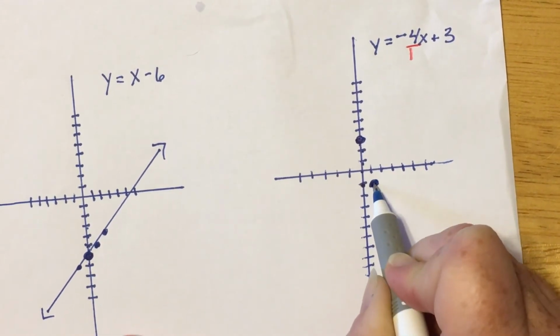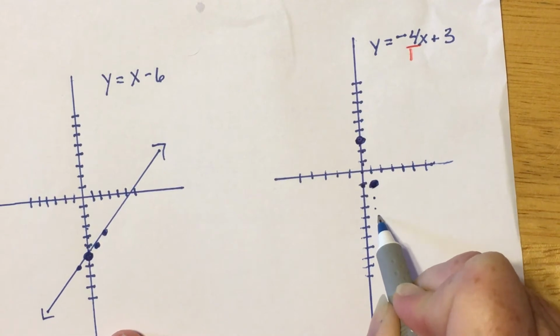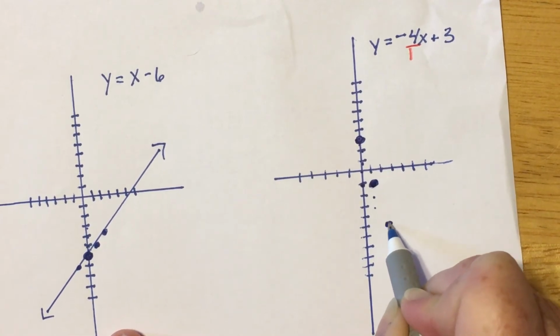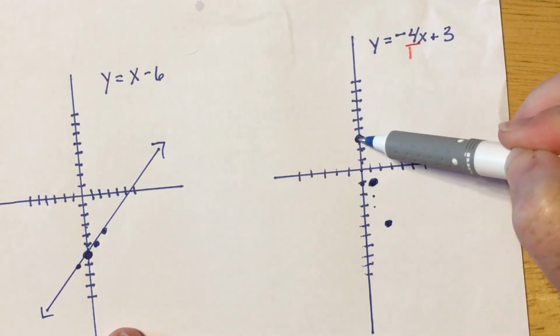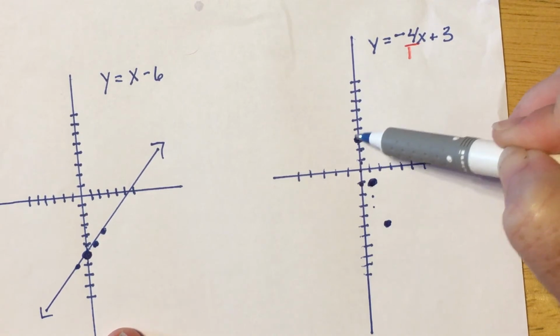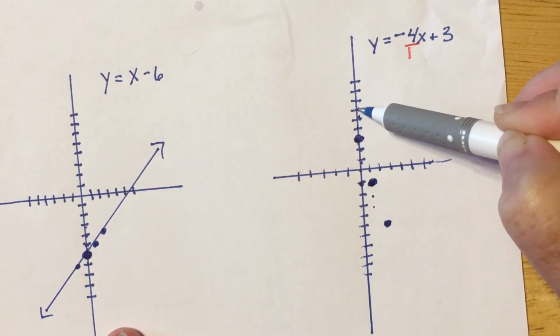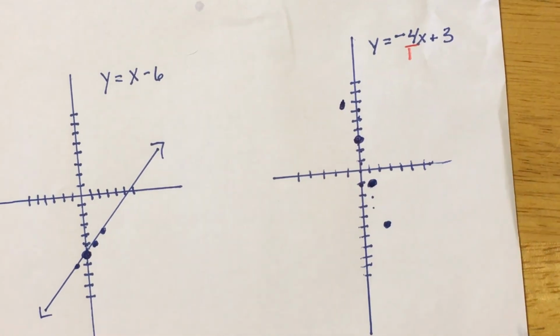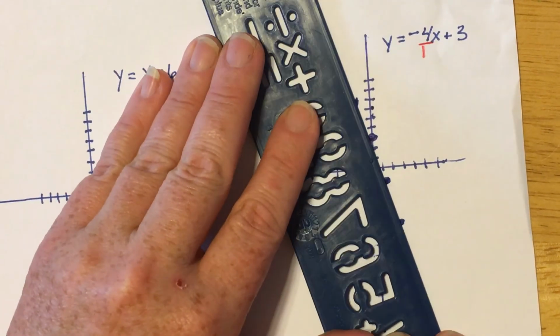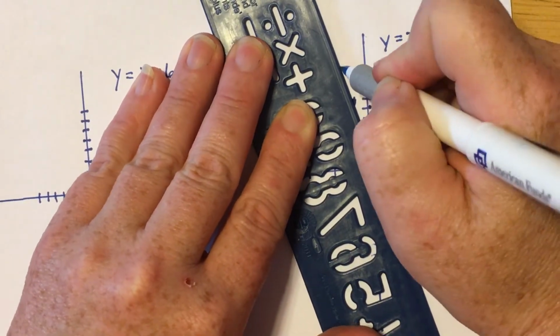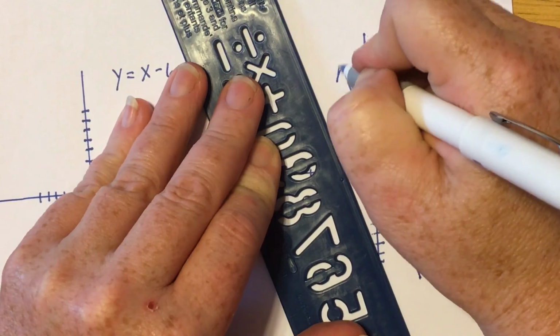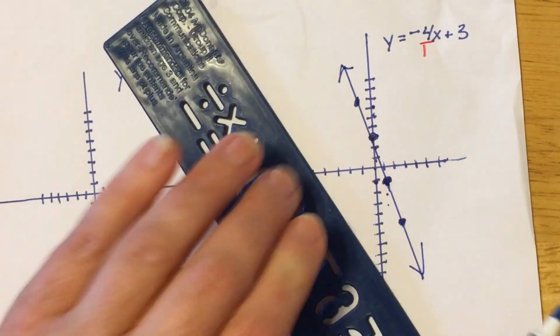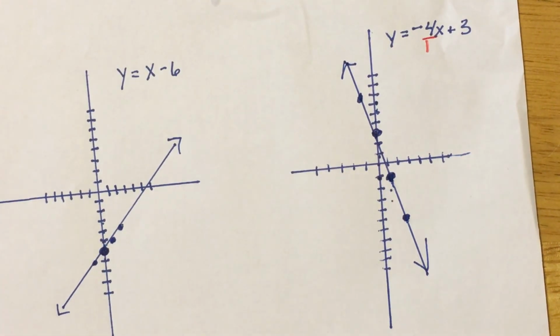And again, I can keep doing that. 1, 2, 3, 4, right 1. And I could go the sister move. Instead of down 4, right 1, I could go up 4. So 1, 2, 3, 4, and left 1. And again, now if I were using an actual grid, these points would line up just ever so perfectly. But I drew mine by hand, so they may be off just slightly. Okay,